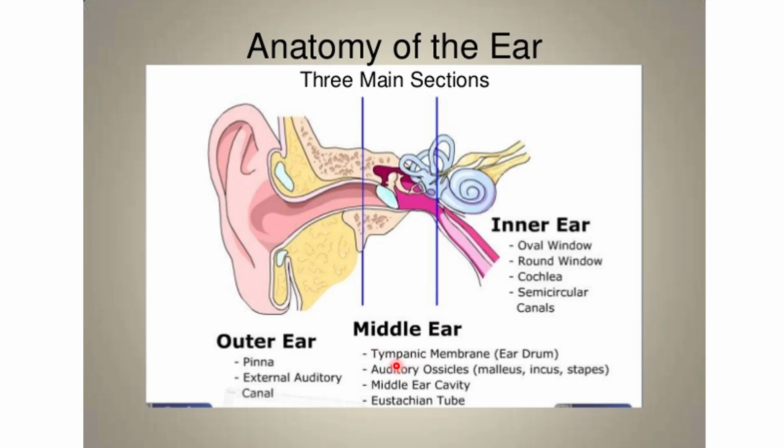Okay, then middle ear, in which we will discuss the tympanic membrane or the eardrum, auditory ossicles, that is the malleus, incus and stapes. Then the middle ear cavity itself, having different walls and different openings, and the eustachian tube. Then in the inner ear we will see the oval window, the round window, the cochlea and the semicircular canals. By this time, with the help of all those slides which I have already shown you, you should be able to delineate that middle ear is related with all these things, inner ear is related with these structures, outer ear consists of these structures. So that is the major gist.